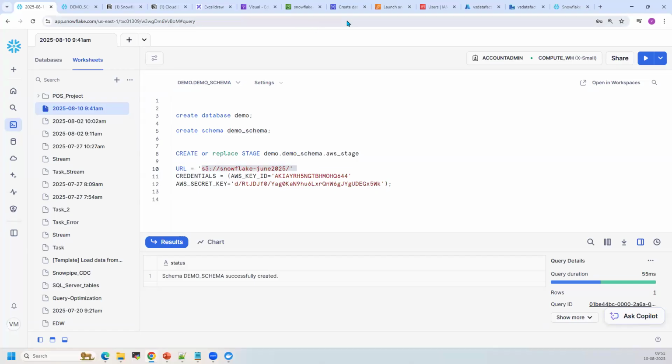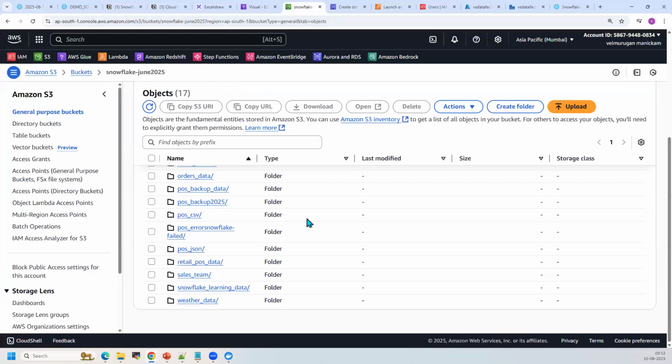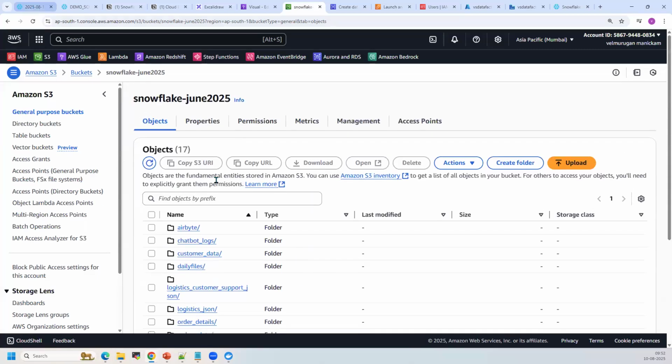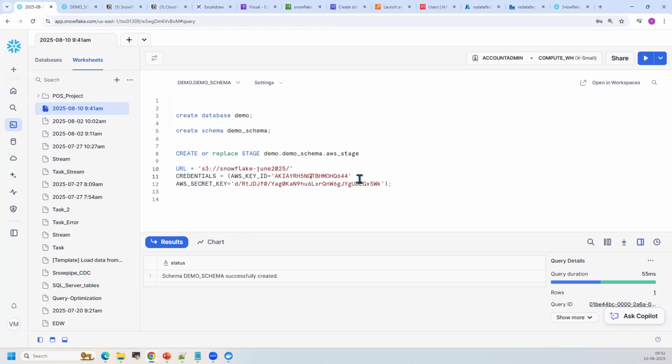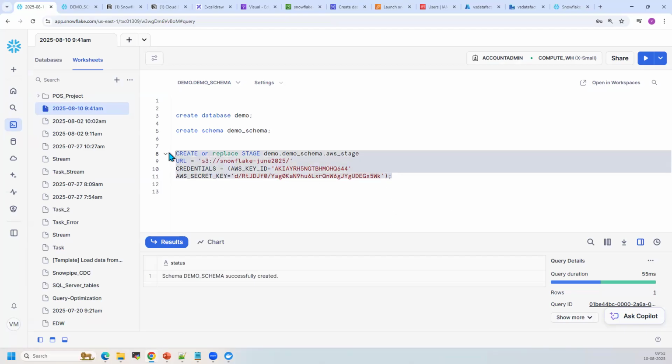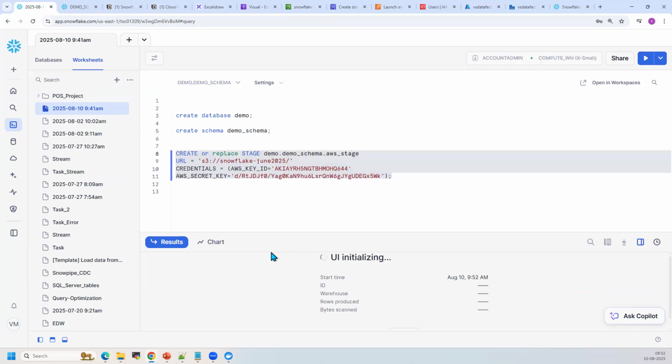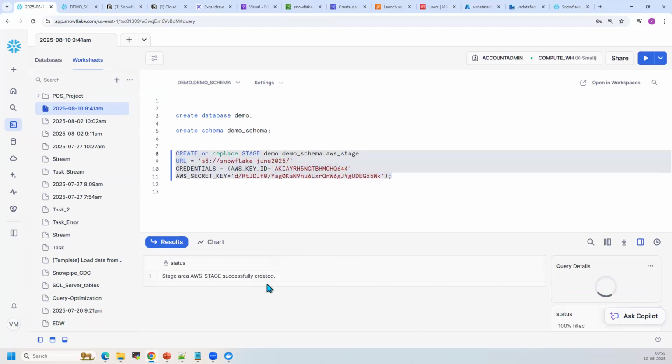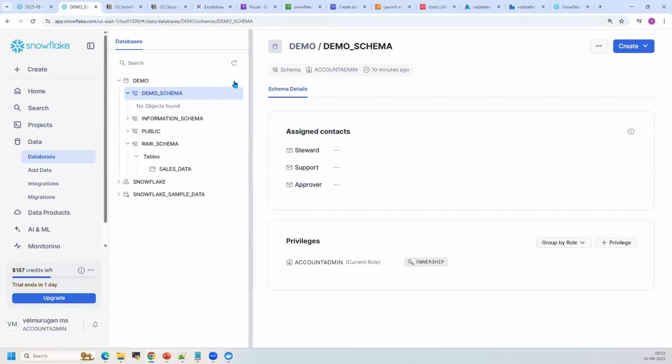I want to access this bucket, a bucket I have in S3, and credentials for this. I'll explain how we can create these credentials in the next sessions. For now, I'm giving some credentials and creating a stage. You can see the stage now. Now if I refresh it,